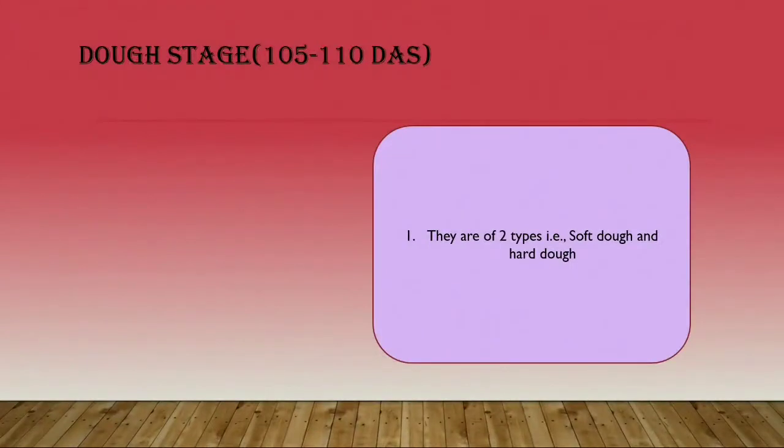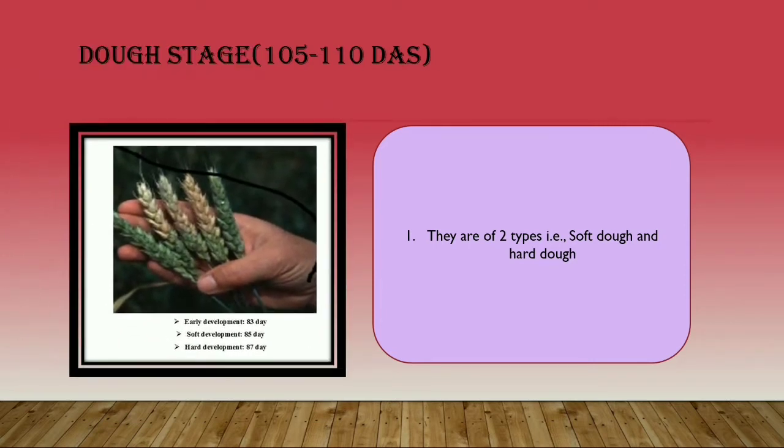have the dough stage at 105 to 110 days after sowing, and in the dough stage you can observe the early development at 83 days, soft development at 85 days, hard development at 87 days, and there are two types. We have soft dough and hard dough as we observe in the figure. And coming to the next stage of the wheat,